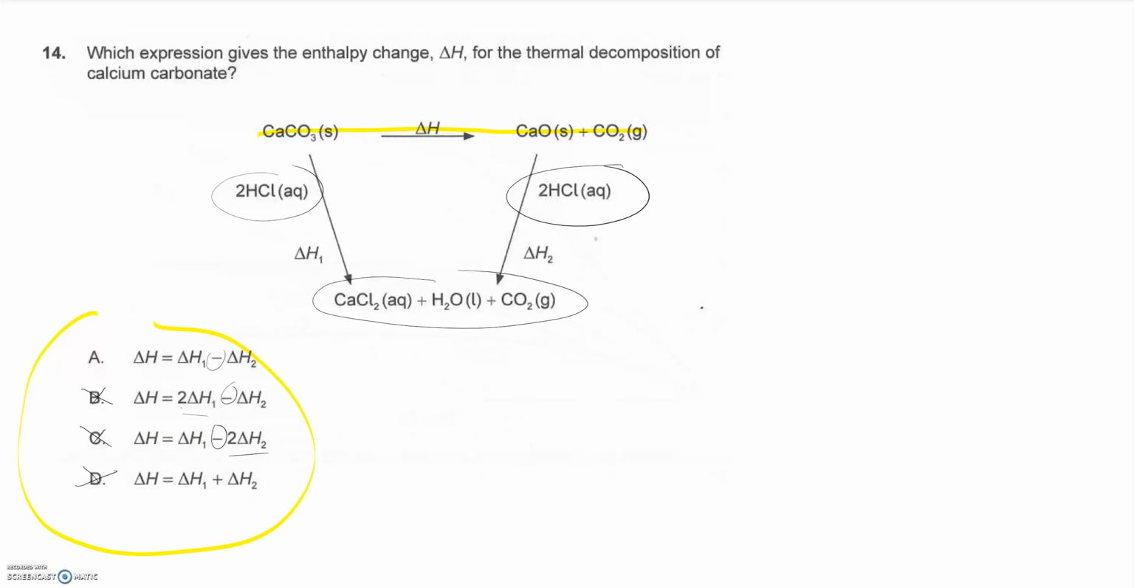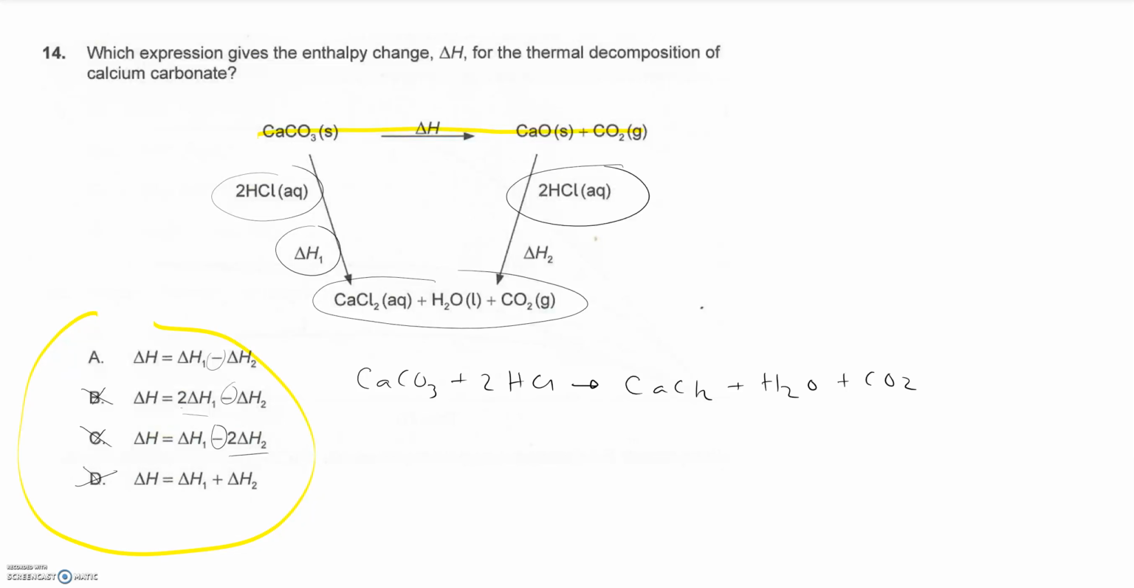So what is this saying? It's saying that this first reaction, this first delta H value, is from the calcium carbonate reacting with 2 moles of HCl to form calcium chloride plus water and CO2. The other direction is saying that I'm supposed to be going from